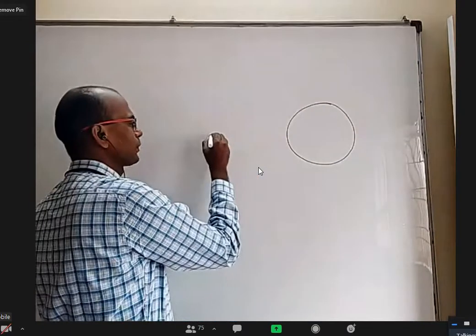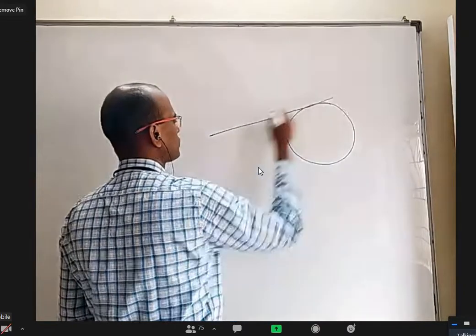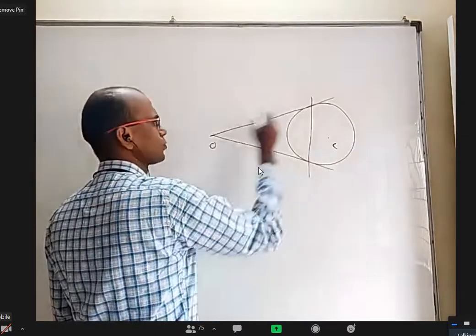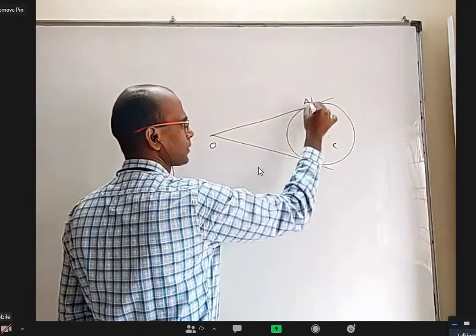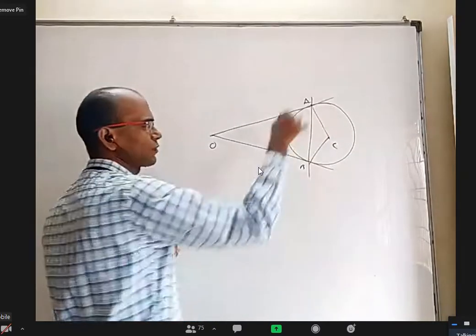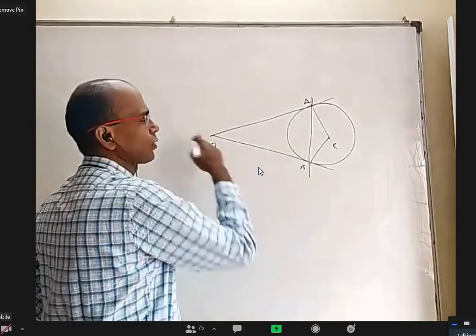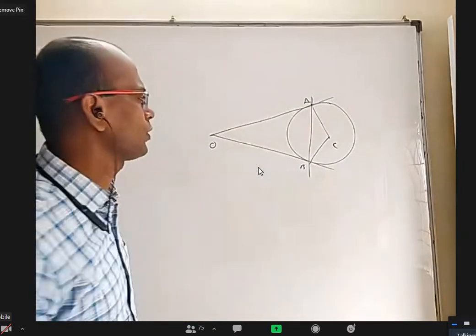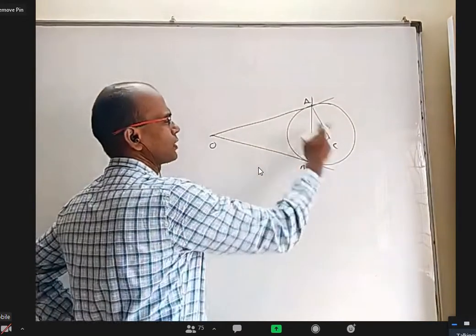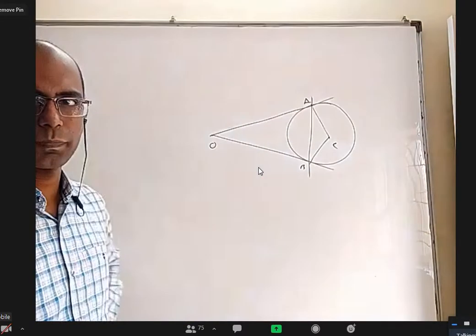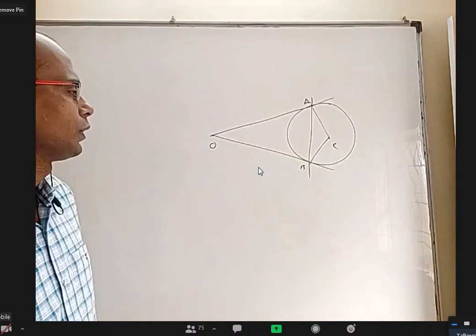This is a circle. This is an external point. You are drawing two tangents. This is the center. This is O. This is A. This is B. Okay. They have asked for the AB length, right? So you are saying we'll find the area of this quadrilateral by using R into root S11. Then we'll use half into the product of the two diagonals because they're perpendicular. That's nice. You can do that.